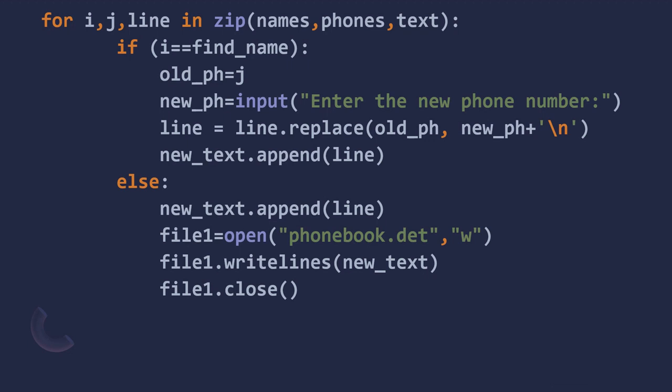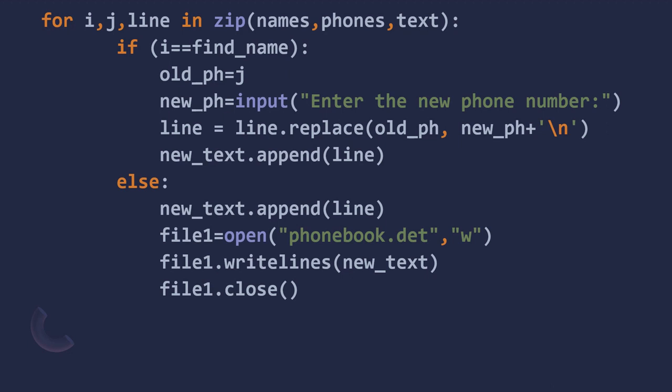So here i will iterate through the list of names, j will iterate through the list of phone numbers, and line will iterate through the lines of text. Now if i is equal to find name, that means the name we are searching for, then old phone number is a variable which will store the corresponding phone number of that particular name, that is j. Now new phone number is another variable which will store the new phone number entered by the user.